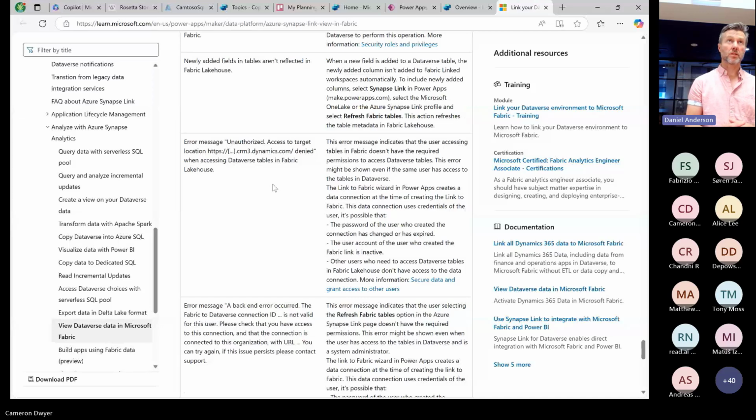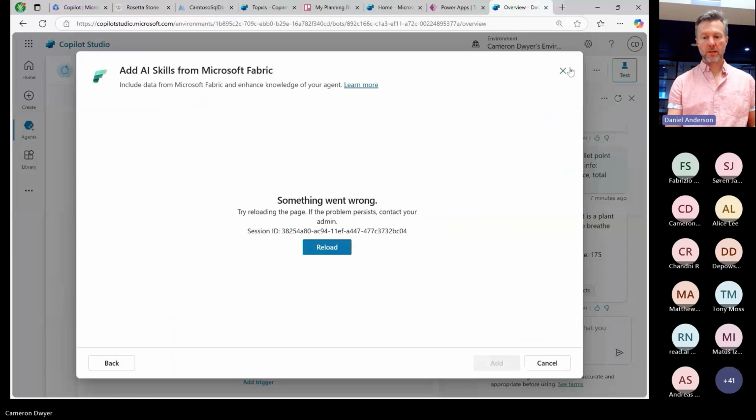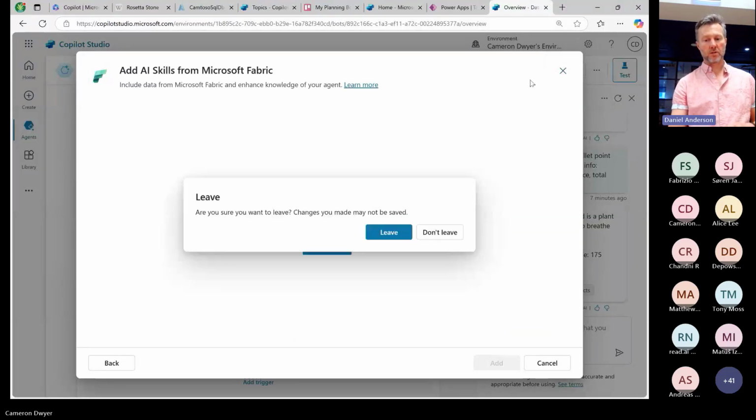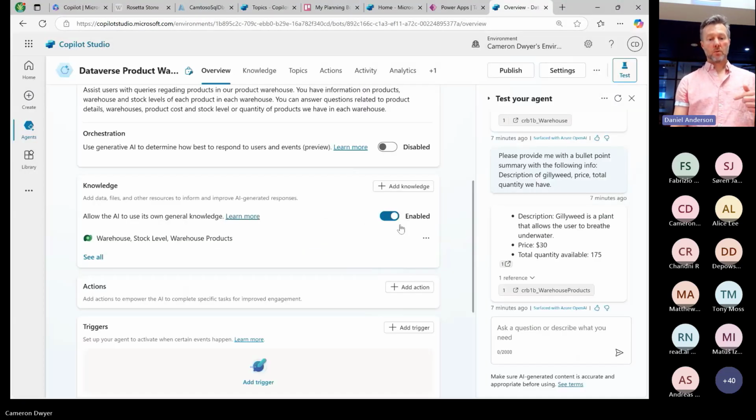One of the big ones Microsoft just announced at Ignite was Snowflake integration. There's lots of big data sources that you, first of all, connect into Microsoft Fabric, and then Copilot will be able to talk to Microsoft Fabric, and that is really designed for relational structured data.